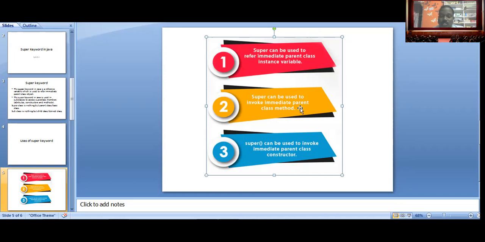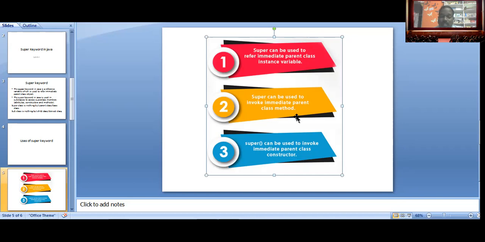Next, the super keyword can be used to invoke the immediate parent class method. We have two classes, a parent class and a child class. In the parent class we have one method, and in the child class we can access the parent class method.